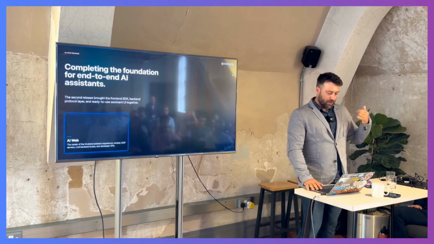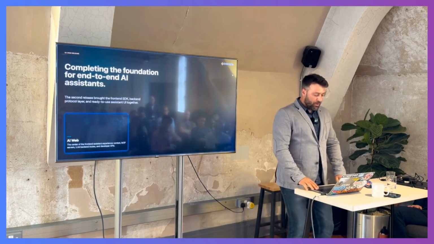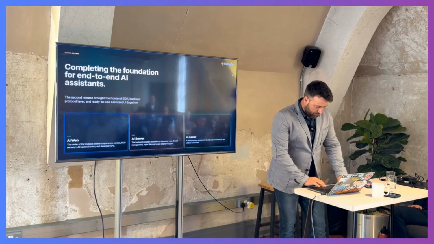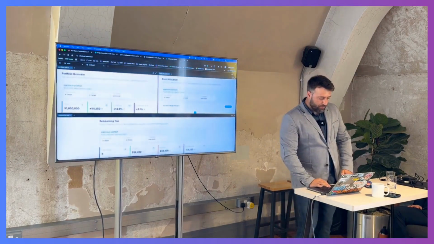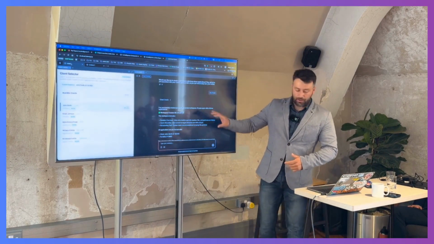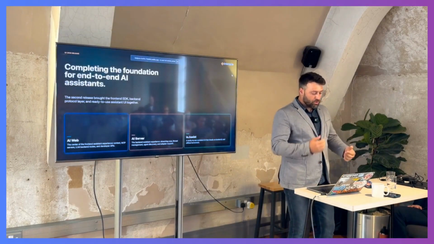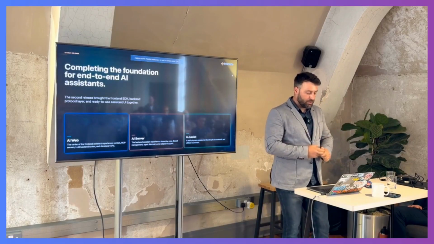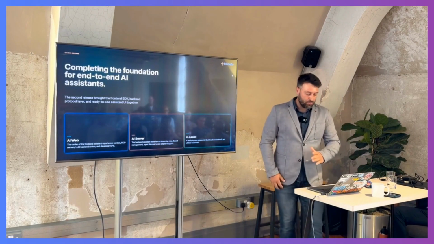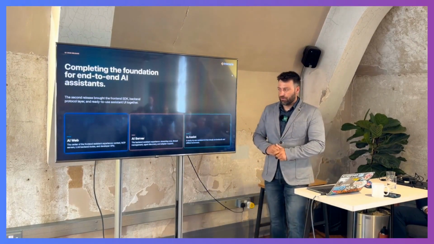Now, moving on to our second release, which was in Q1 this year, we wanted to round things up. Basically, what you saw here on the screen, we've been talking about and teasing, but we weren't really making it available. So we wanted to round things up by giving the necessary modules so that people who want an end-to-end experience can achieve what you saw on the screen. That's completed by 3 additional modules. AI Web, this is the front-end library that drives everything that you saw on the screen.